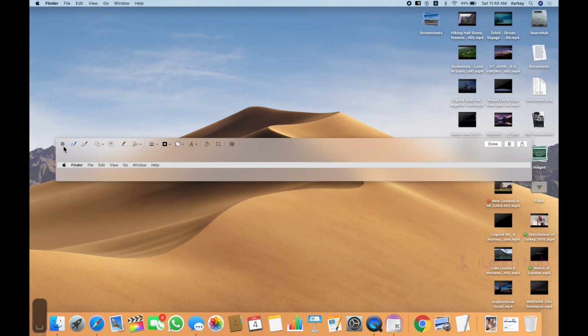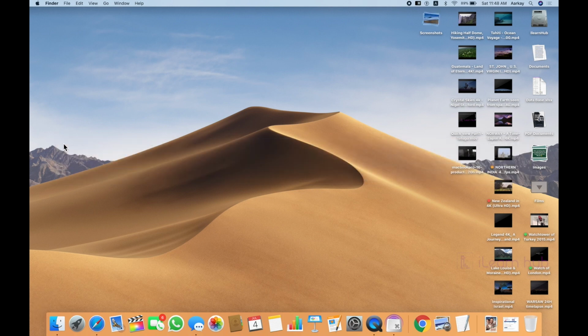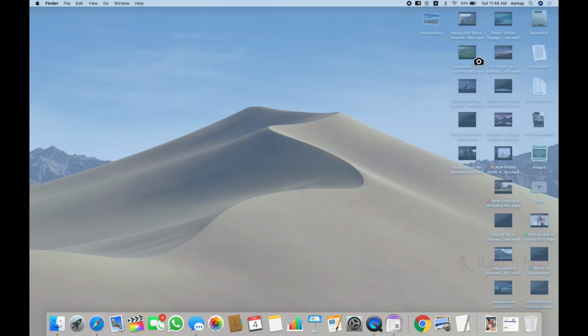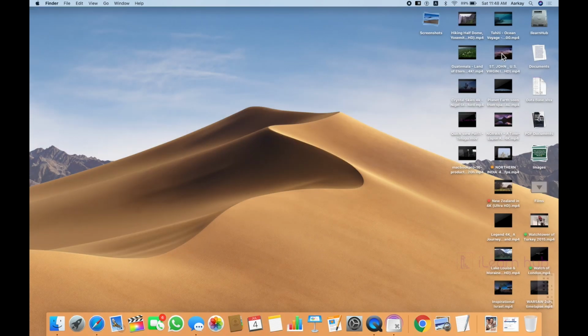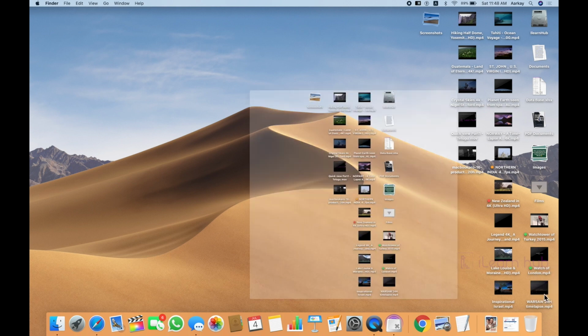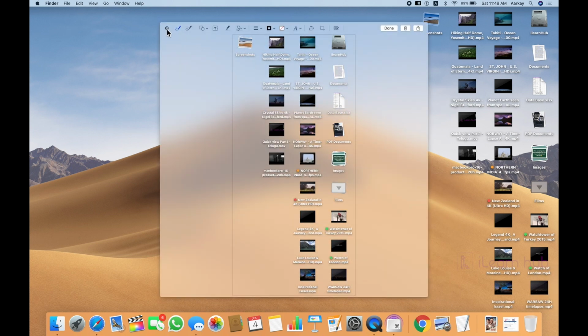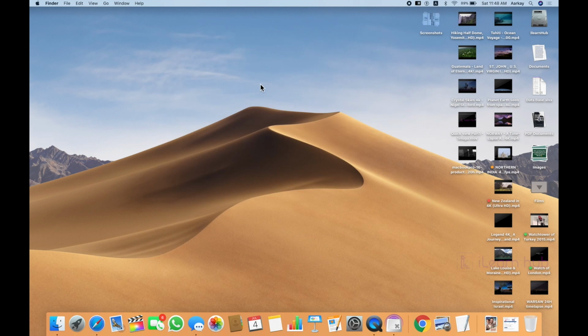So as a screenshot. Similarly, maybe the last one, Shift Command 4, and then spacebar, come towards these icons which are already on my desktop, and then click. Now you'll see only those icons, with a transparent background. So what is the idea? Where can I use this kind of facility? If you are a trainer, or if you need to use these icons to create a document related to the Mac operating system, for example, you want to teach a particular application, and you want to create the entire thing using these icons, this is the best way to do it.